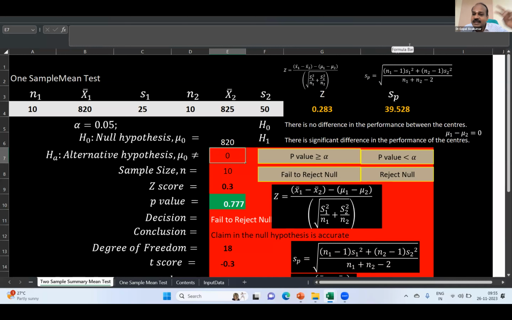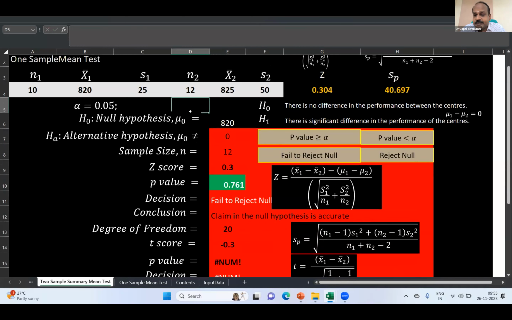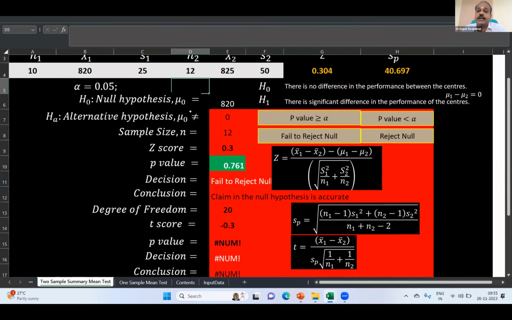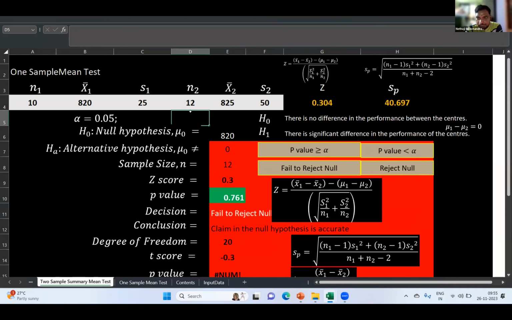The null hypothesis is the company's, what do you call, company's commitment. They say lead content is within the range. That is null. You want to go against it. Please go against it only when your p-value is less than 0.05. Do you understand? You can do that at an alpha value of 0.05. You can do that at an alpha value of 0.01. That in turn will decide your confidence level on your action. Clear? Yes. Clear. If the population standard deviation is also given to you, the same situation will become a one sample